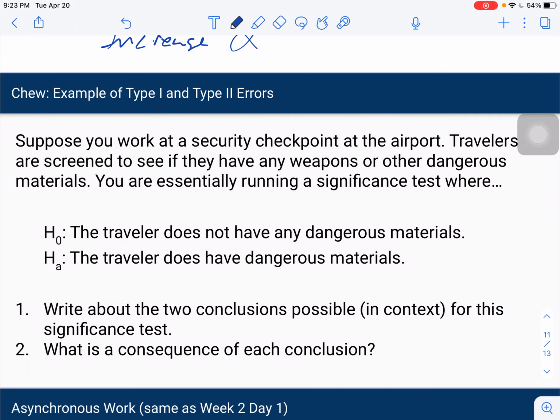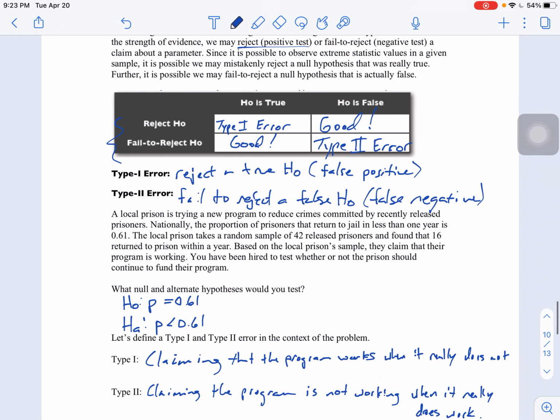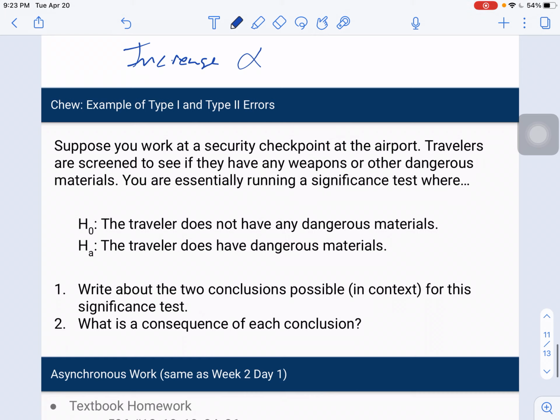A type 2 error in this case, so if we go back and look at it, type 2 is when we fail to reject a false null. So if the null is false in this case, that means there is evidence for the alternative. The alternative is the traveler does have dangerous materials. So if we're failing to reject that false null, basically what we're doing is we're not catching the traveler that does have dangerous materials. So that traveler is going to be able to get on a plane